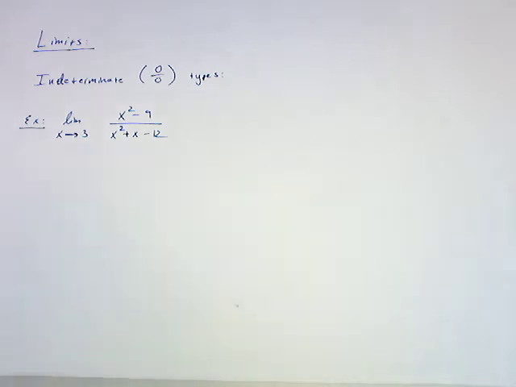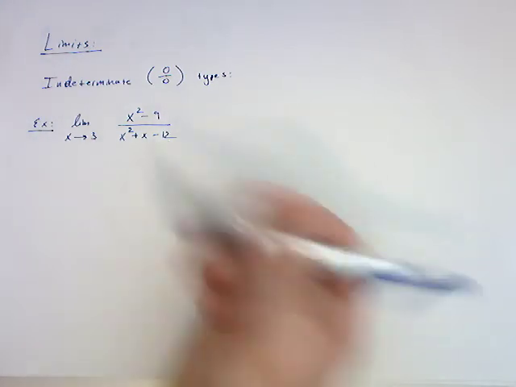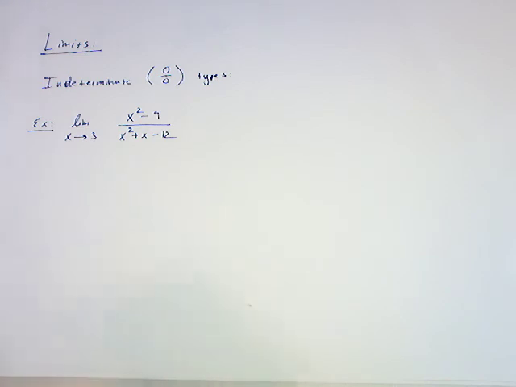All right, 17a, let's do some limits. So here is a limit we're going to see kind of a lot in the future. It's an indeterminate 0 over 0 type, meaning if I plugged in x equal to 3, I would get 9 minus 9 on top, which is 0, and 9 plus 3, which is 12 minus 12 on the bottom, which is also 0. And so when we're trying to evaluate a limit like this,